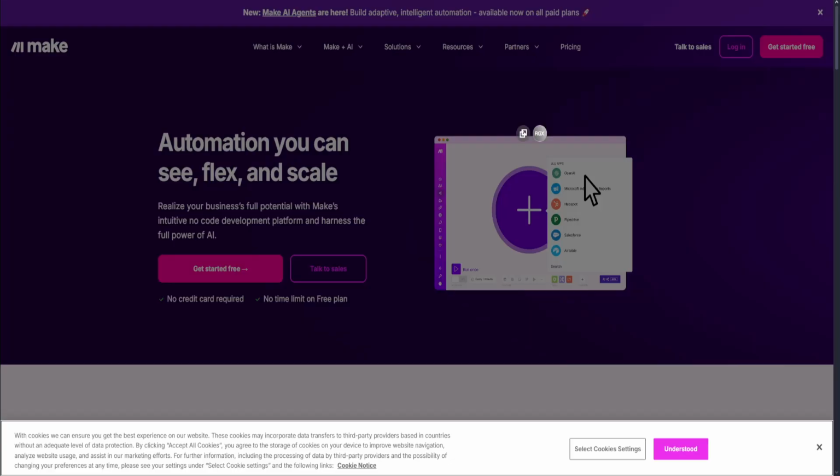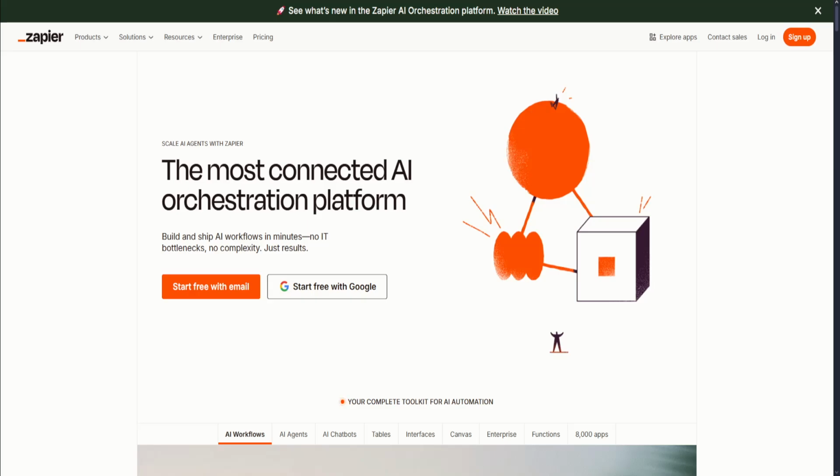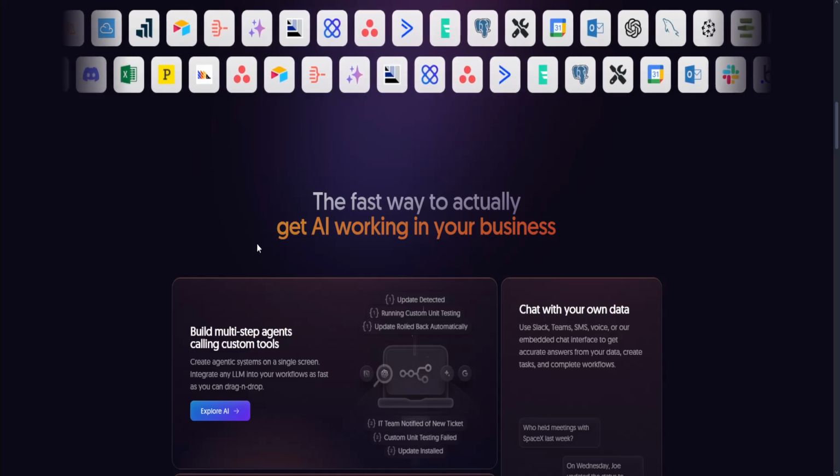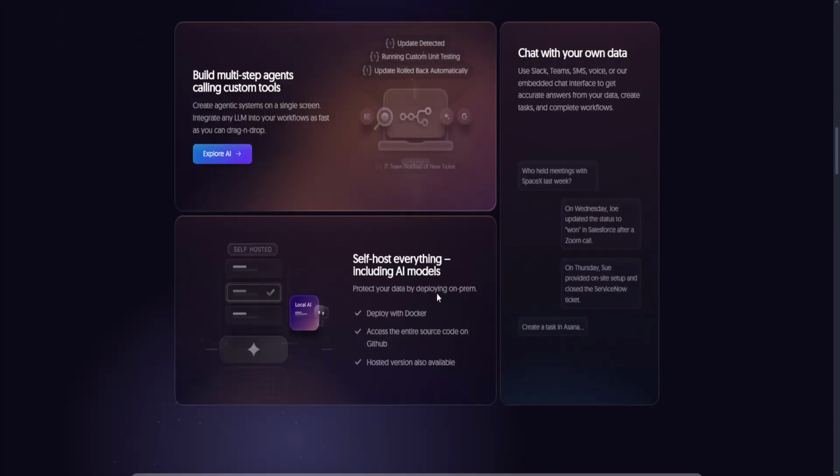N8N versus Make versus Zapier. Let's start with N8N. N8N is an open source workflow automation tool, great for developers. It's self-hostable and allows